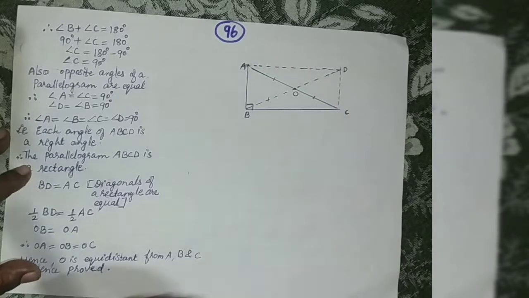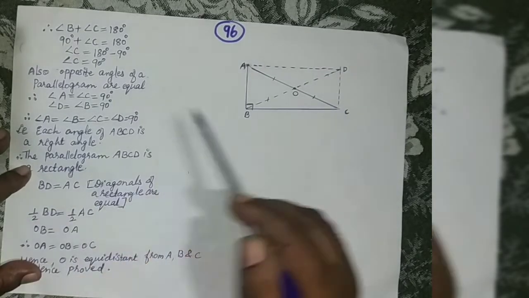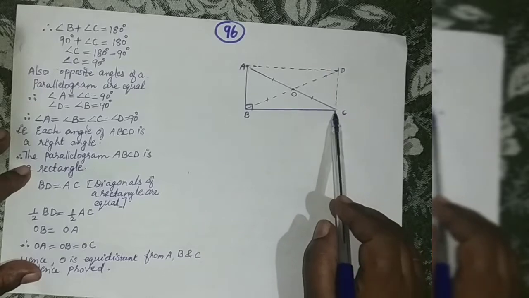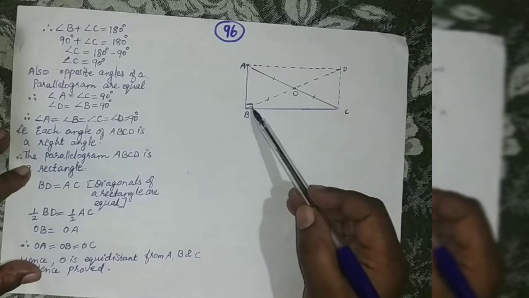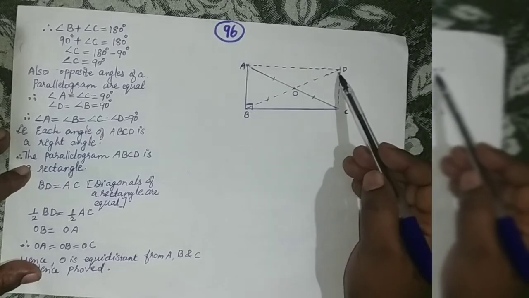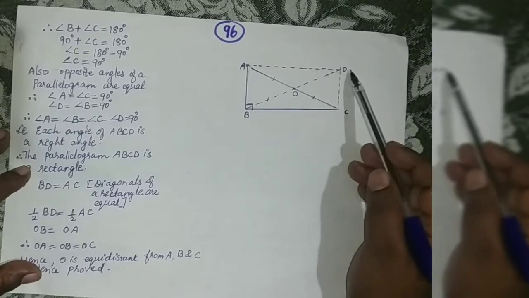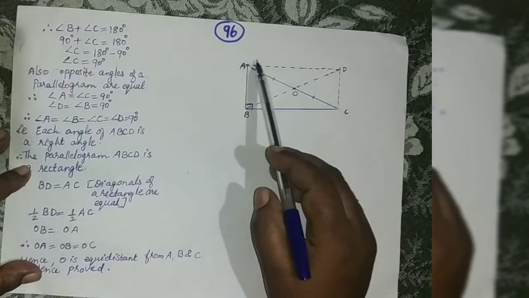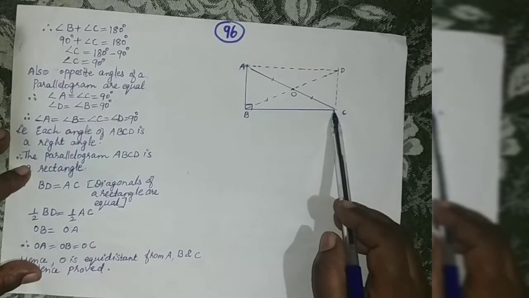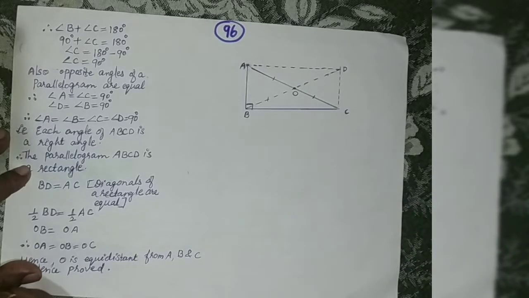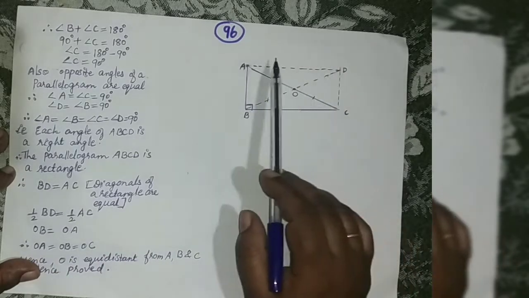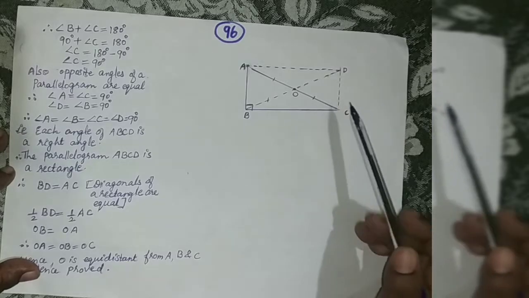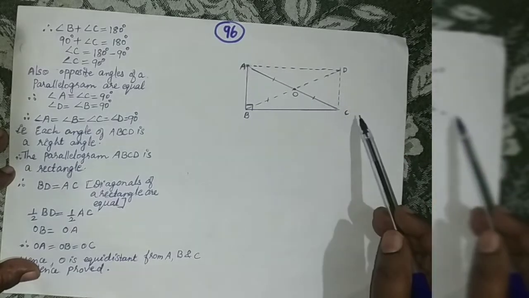Okay. Now opposite angles of a parallelogram are equal. So angle A and angle C are equal. C we have already seen is 90 degrees, so angle A is also 90 degrees. In the same way, angle B is given as 90 degrees, so angle D is also 90 degrees, as opposite angles are equal. So what we have seen? Angle A is equal to angle B is equal to angle C is equal to angle D is equal to 90 degrees. That is, each angle of ABCD is a right angle. Therefore parallelogram ABCD is what? A rectangle. You know, BD is the diagonal and AC is also a diagonal.